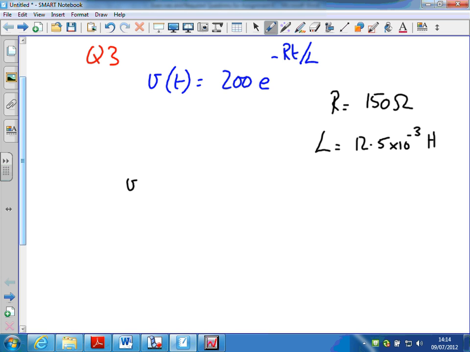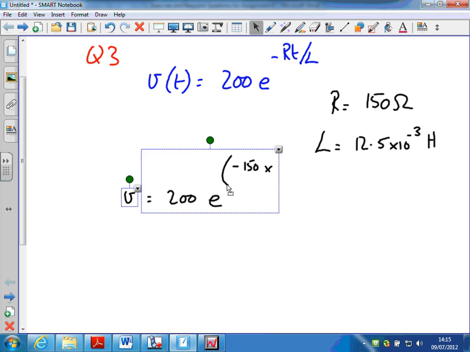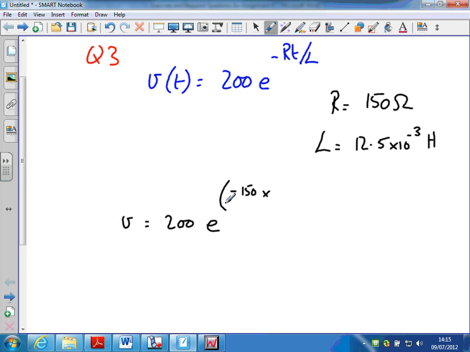Little v, which is a function of time, which is why this t appears here. Little v is the voltage after time t, or as a function of time, equals 200 e to the minus rt over L. But v turns out to be 200 e. Again, I would use the fraction button on my calculator, minus 150 times t,